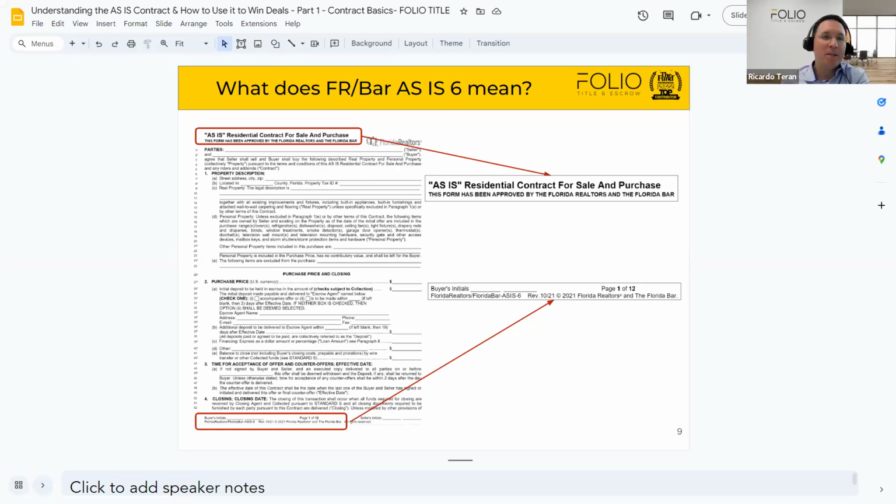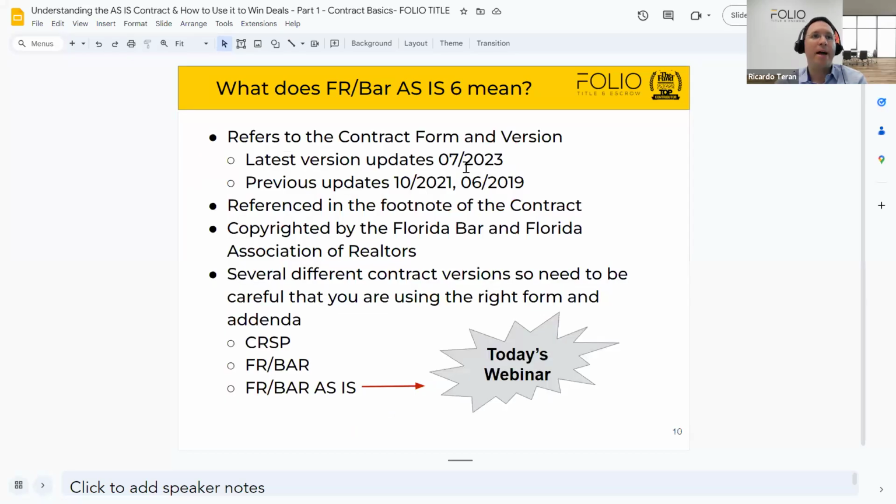Now, I want you to pay attention to the footnote of the contract here, because you're going to see that, first of all, it's copyrighted, right? So if you're not a member of Florida Realtors or Florida Bar, you technically shouldn't be using this contract. It also has the number 6. This is the version number, right? And the versions of the contract are important because they change, and it tells you the version and when it was revised. Right now, the latest revision that we have is